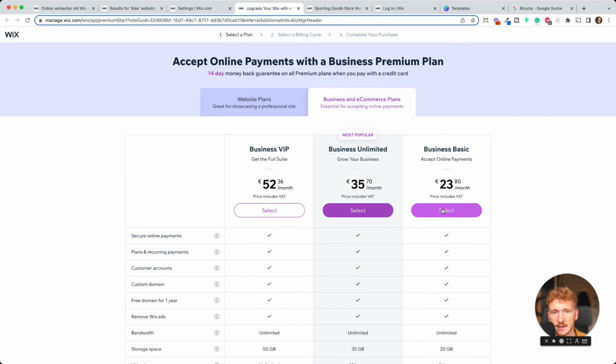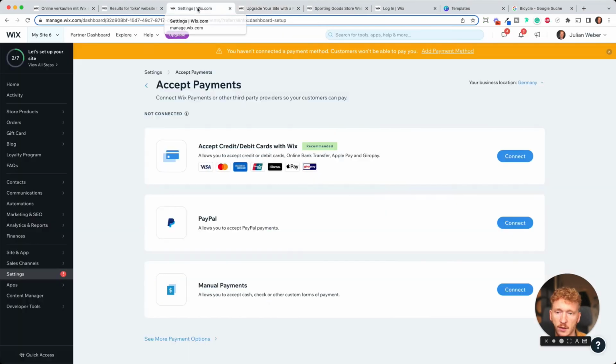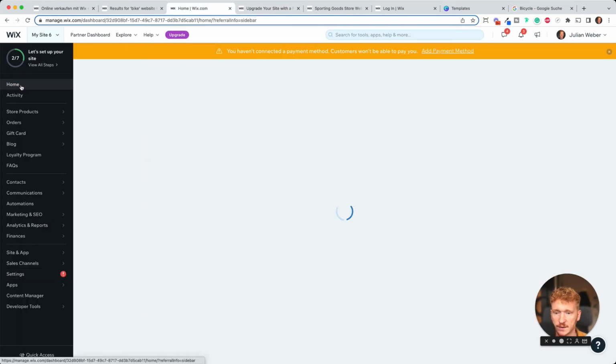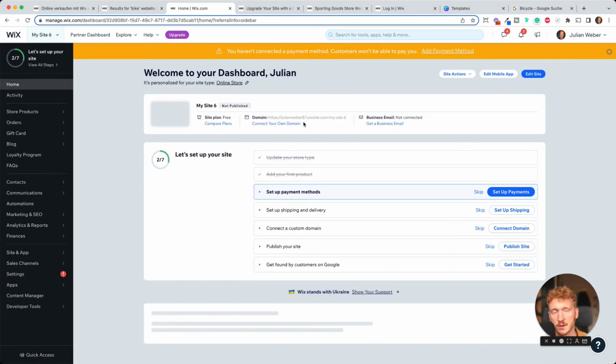But when you selected it, you will automatically get a free domain with this. Here, one free domain for 1 year. And you can start accepting Visa payments, PayPal payments on your store, which is pretty cool. So if you want to do this now, go ahead and do this, connect your accounts, then upgrade. And once you've done that, of course, we would need to